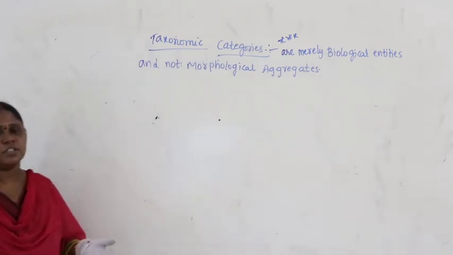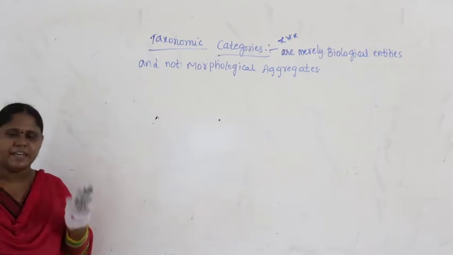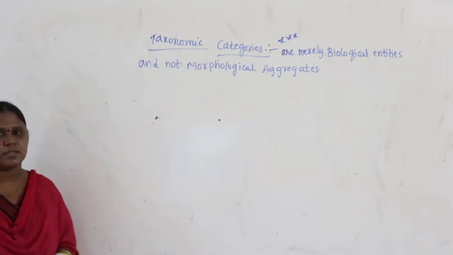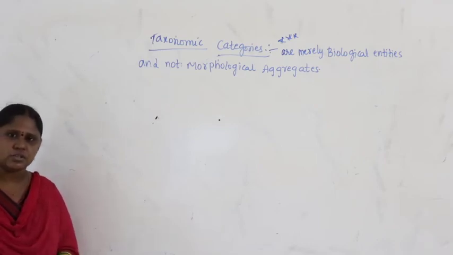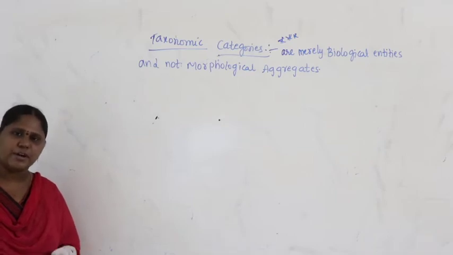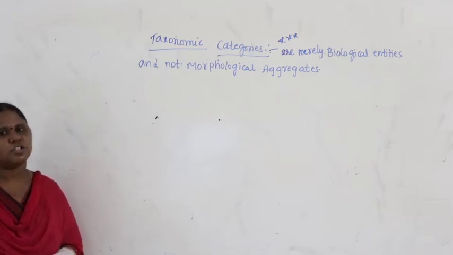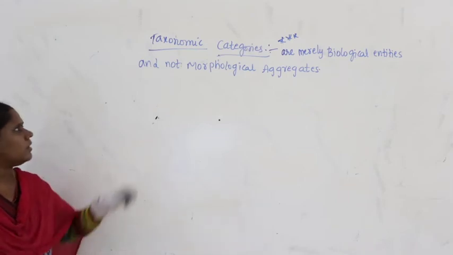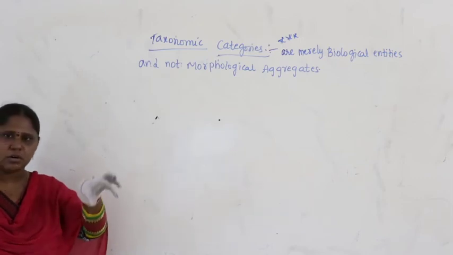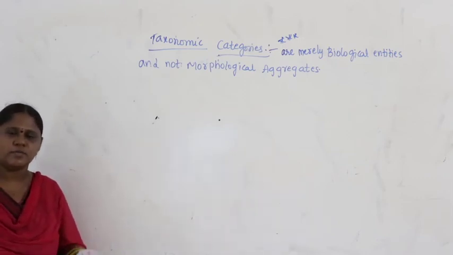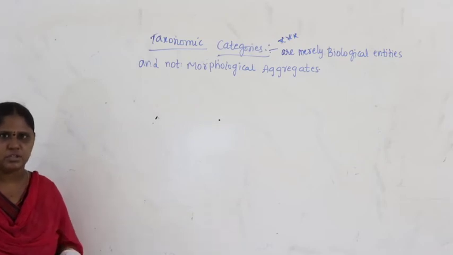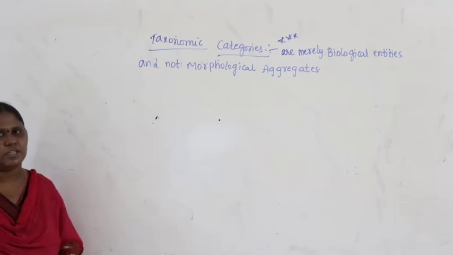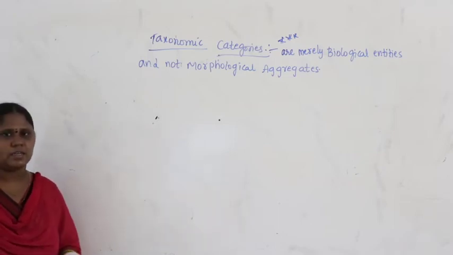Merely biological entities means what? If you talk about a biological entity, what is a biological entity? A living organism. If you take a living organism, we need to talk about structure, function, growth, metabolism, reproduction, cellular organization, consciousness. All these characteristics we are going to study. If they are biological entities, living organisms that exist, then we will start looking for characters. We go for identification, we give the name and nomenclature, and finally we keep it in a category, classification. Right? They are biological entities, not